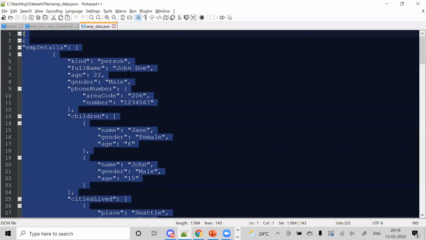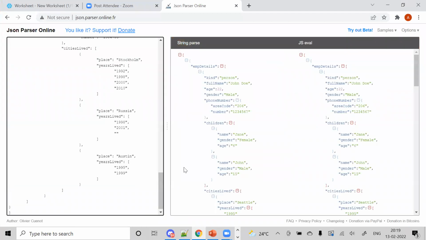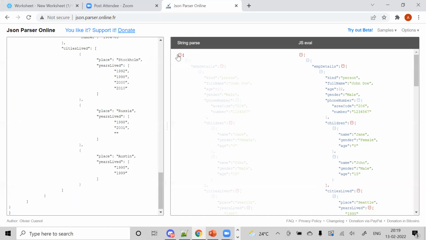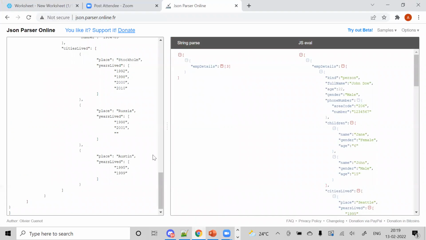This is the one we are loading. If you look at this, this is the outermost array, and inside it, for the EMP details, it has got 3 elements, right? So that is why, when I did the flattening there,